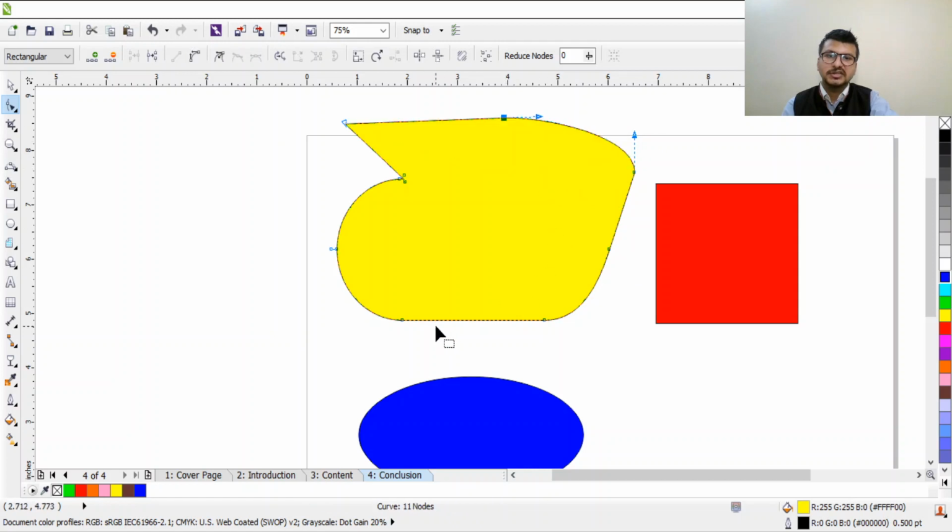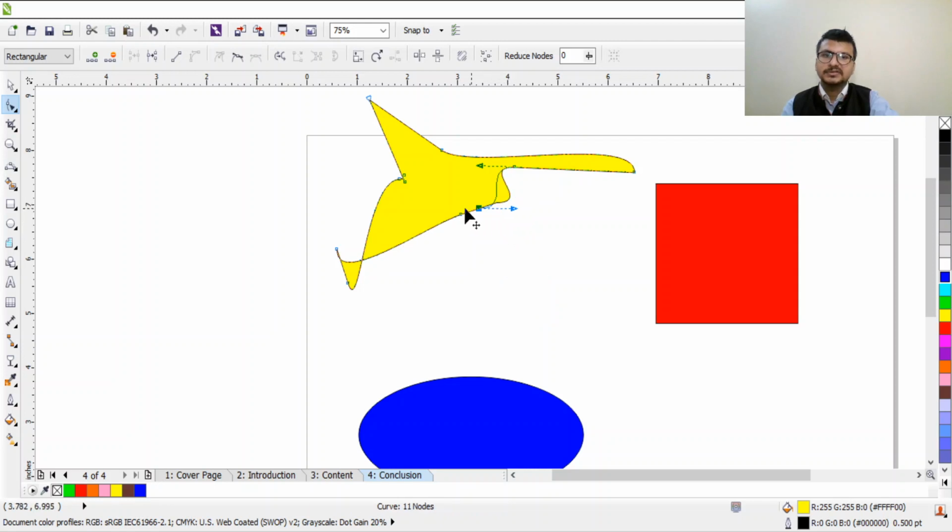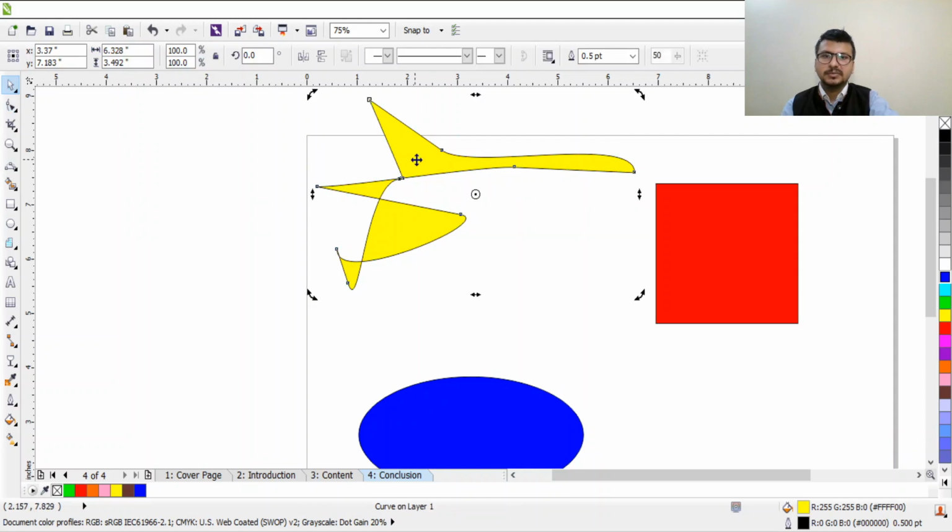We can change as per our requirement whatever complex shape we are looking for. For example, if you're creating an amoeba, you create it like this, whatever we want, this complex shape. And if you want to change the color, then you can simply click on this design and change the color.